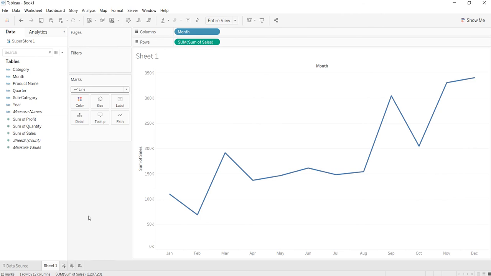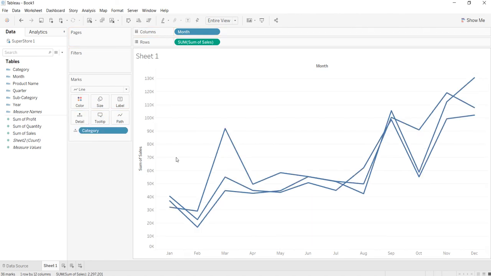Now there is one mark corresponding to each month and all the marks are connected by a line because we have selected the type of mark as a line. Now if I drag and drop the category onto the detail, you'll see that now there are three lines. The reason is, as I mentioned earlier, that we are adding more detail to this view, and that detail is being defined by the category dimension, which is present on this detail property.